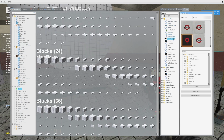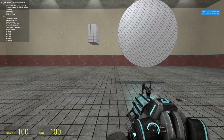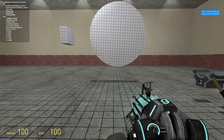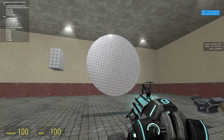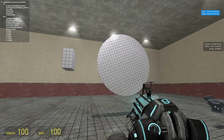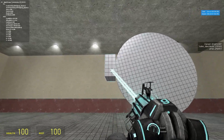So back to how the E2 works. Now for the lower gear ratios, a higher multiplier is used for the error. But in order to make the gear more stable, it also increases the inertia, and that way it makes the gear slip less, pretty much. So if I were to put a rubber block on here,